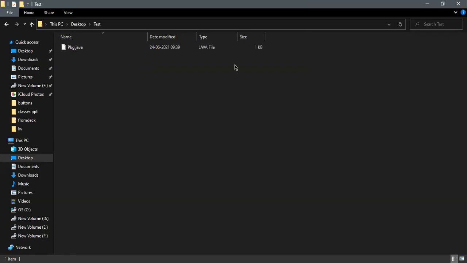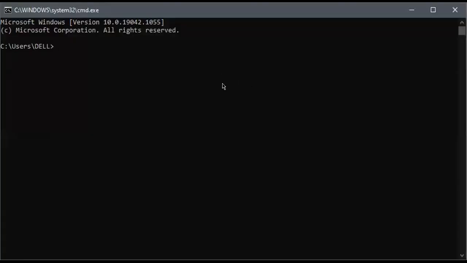Okay, how to run this program? First of all, just open a command prompt. Just wait a second. So what we need to do is press Windows R and then type CMD. Now you get the command prompt. We just opened the command prompt, but as I said, we need to get the path where that program is available. To compile that one, it is necessary to get the path.